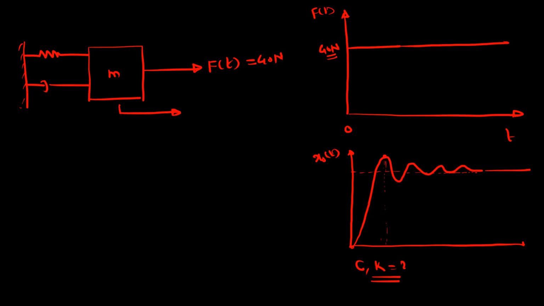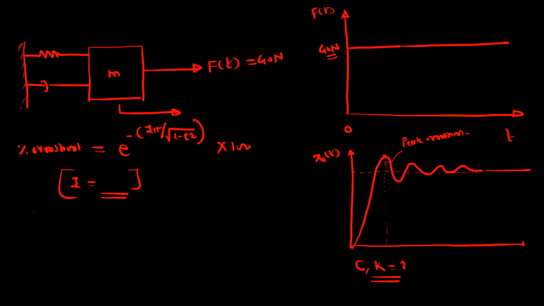so if you refer to the control system for second order system, then this is called the peak overshoot. Okay, so for the peak overshoot, we have the formula percentage overshoot equal to e raised to minus pi zeta upon square root of 1 minus zeta square into 100. Okay, so you can measure this overshoot value and you can get the value of zeta.